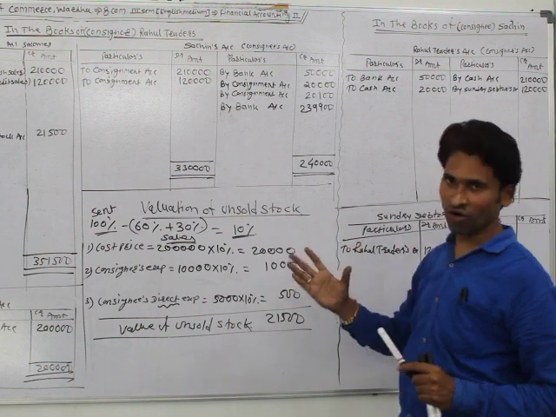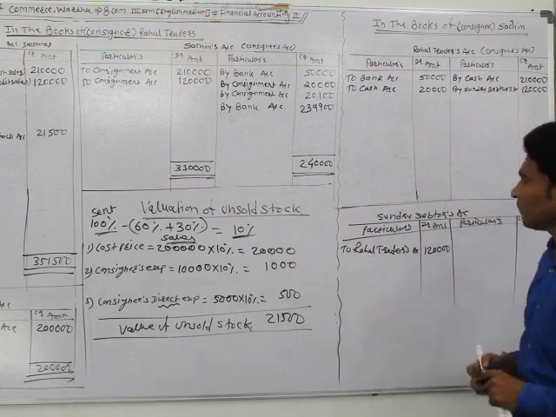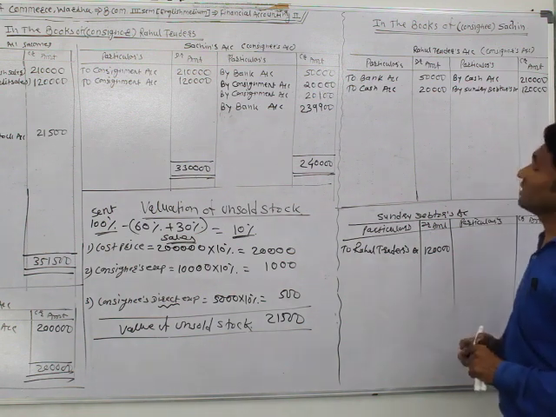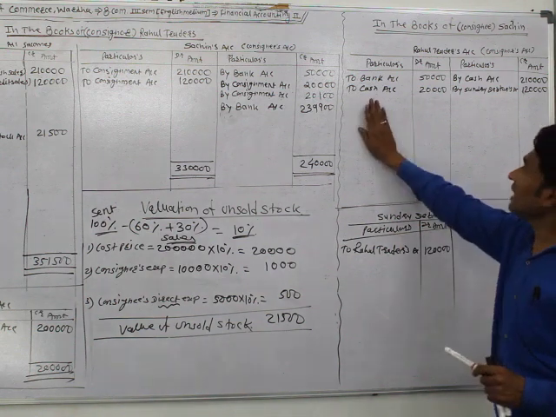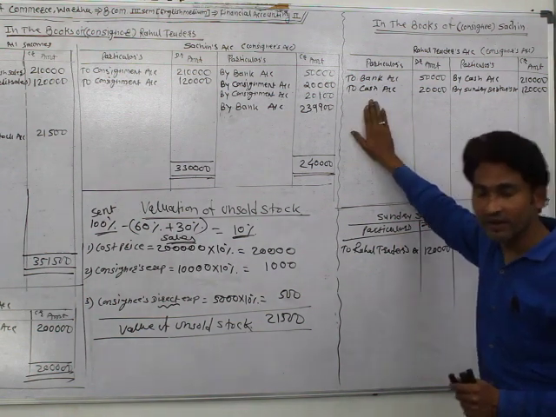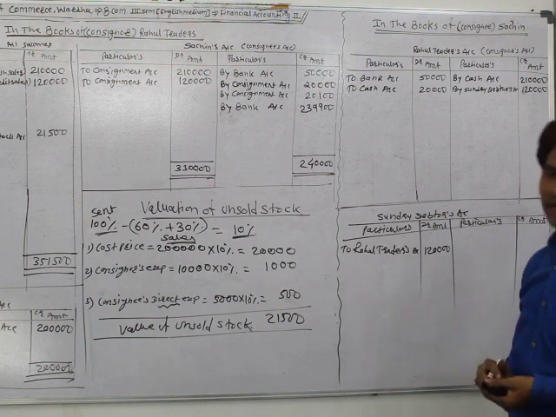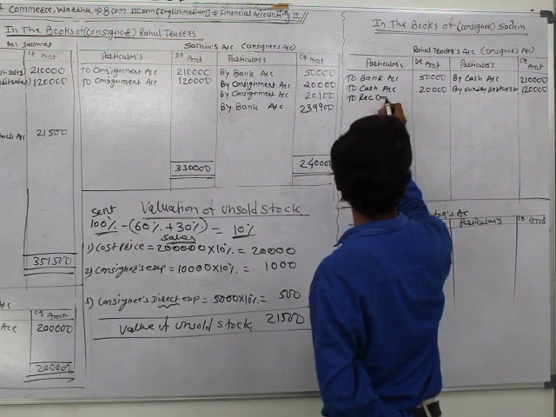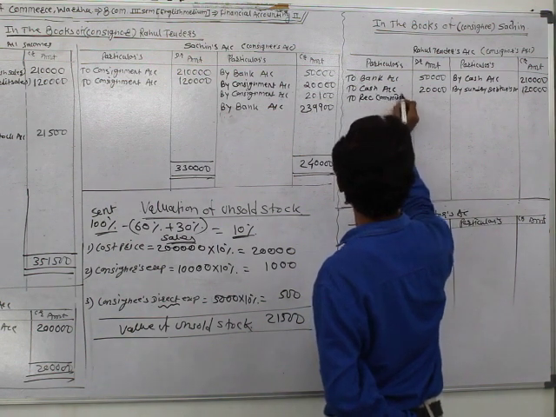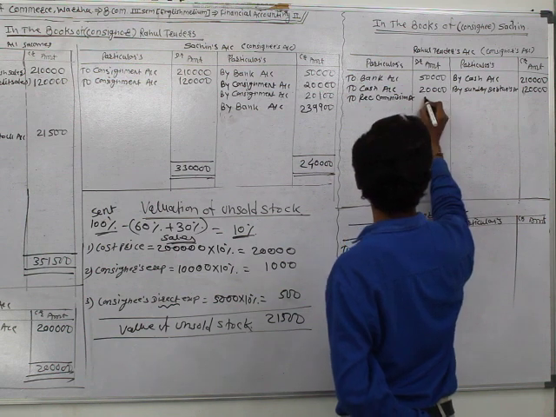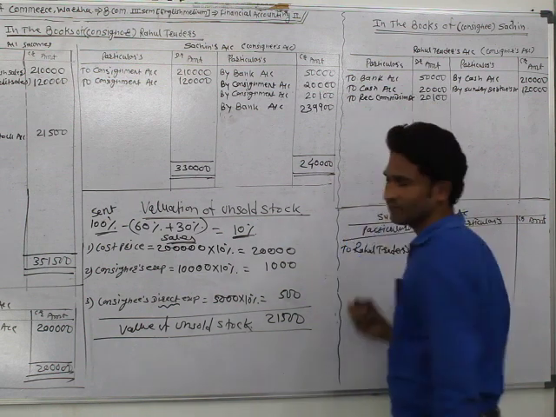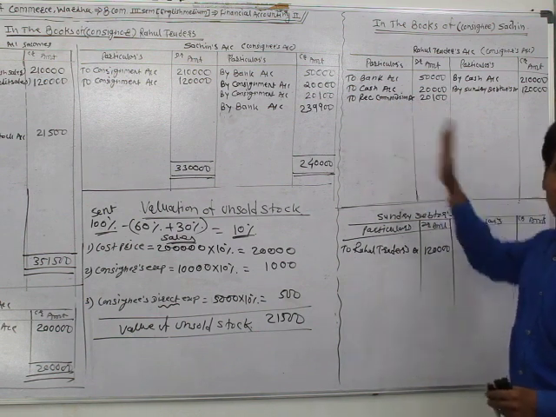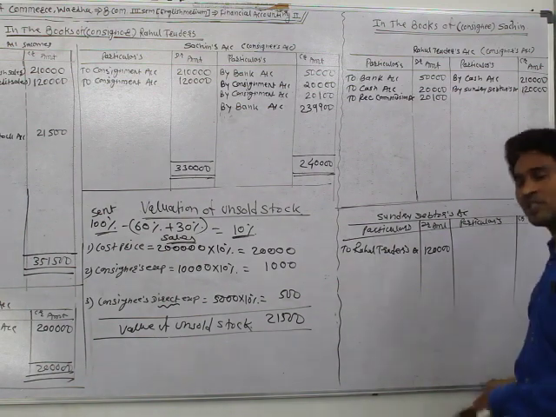After that, it charges its commission. The calculation of commission we have already done in our previous video. When the consignee charges commission, it passes the journal entry: consignor account debit, which means Rahul Traders account debit, and received commission account credit. So write at the debit side to received commission account, and the commission amount is rupees 20,100. It is also prepared as the received commission account.